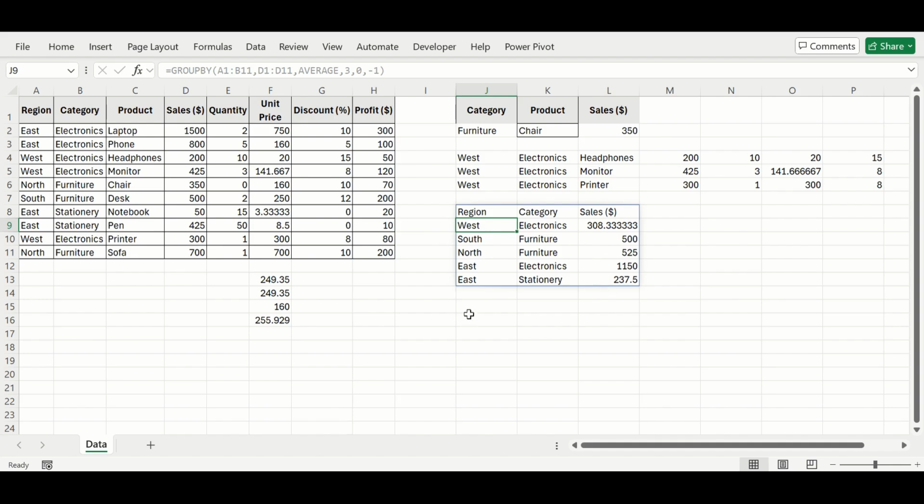Now the next most important function, the fourth most important function, is the pivot table. Ideally, I would do this using the pivot table functionality in Excel, but the PivotBy function is more dynamic and is more flexible. So I'm going to use this, and without needing to know the pivot tables, I can directly do this. So I want to do the pivot table analysis for the region. I'll select that. The columns, I'm going to select the product,